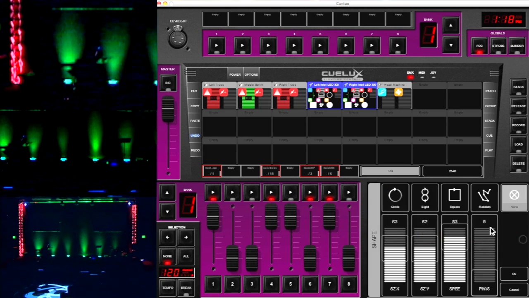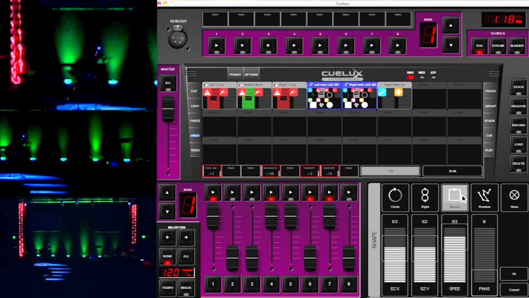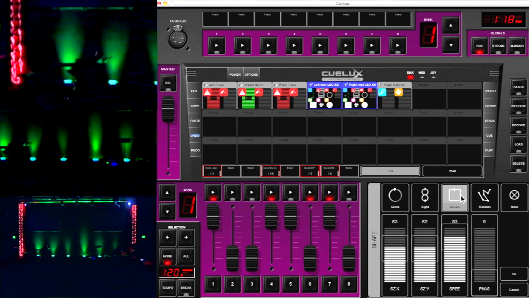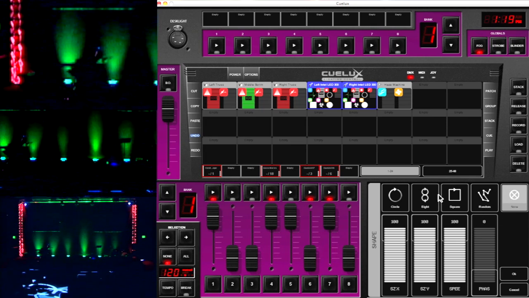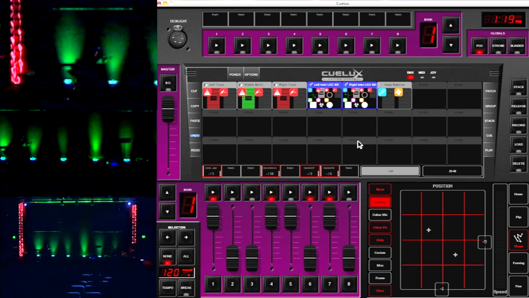Go back to position. We'll add, yeah, that's a little too crazy. Let's crank it all the way up. Now it's hard to see in the video, but they're going on the walls, they're going all over the seats, they're even up on the stage a little. It's not a bad setting. Alright, select them, press record, set the next scene,